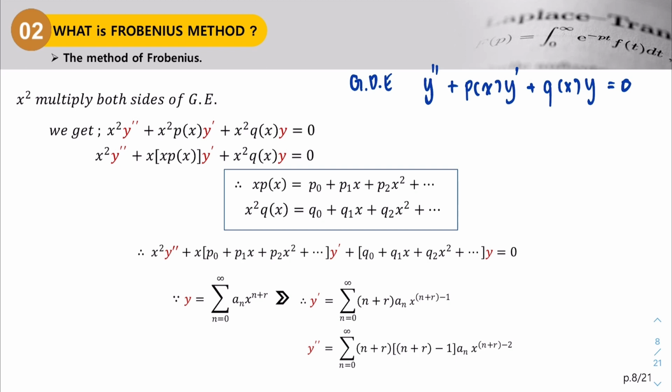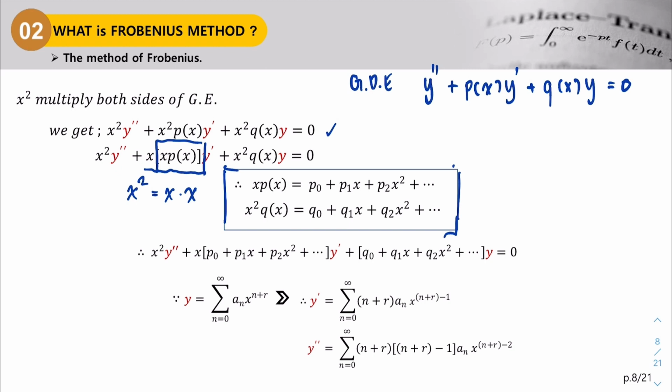After we multiply by x squared, we rearrange the second term, x squared equals x times x, and we substitute in the series from the last page. Okay, we get